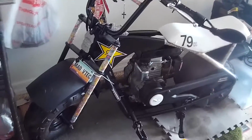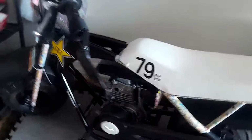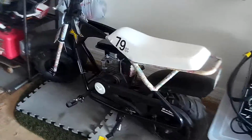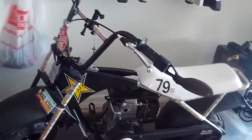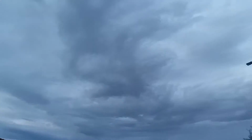And I could imagine the few people that were outside at the time got a little bit annoyed about it, because I was out there for about 30 minutes just doing that, just going and then popping and backfiring, and it sounded so good, and it honestly makes me want to keep it with no exhaust a little bit, but I'm going to have to put an exhaust on it at some point, so I'm going to be working on that today, finally, because as you can see, it is cloudy outside today,